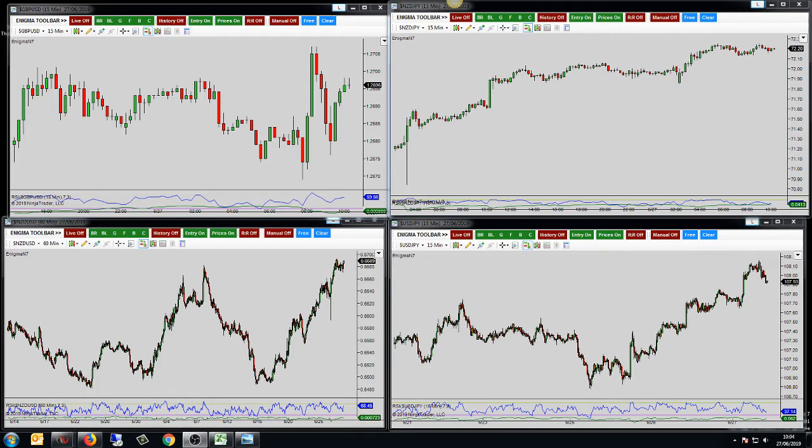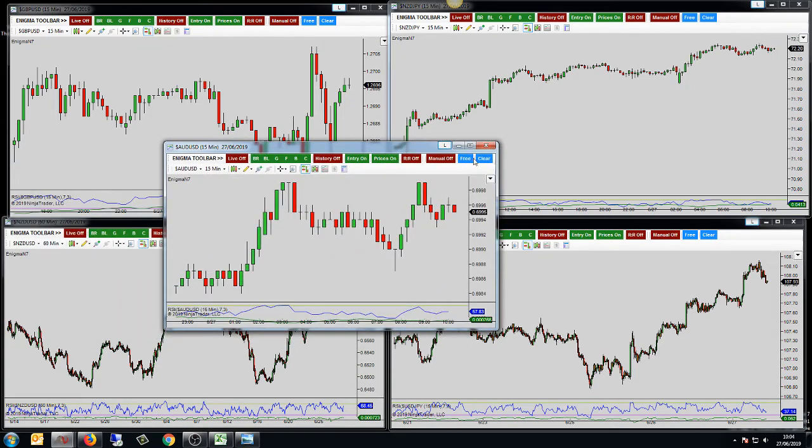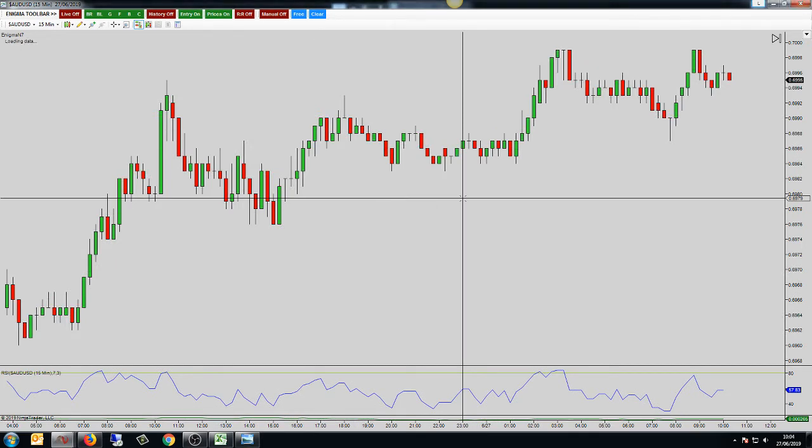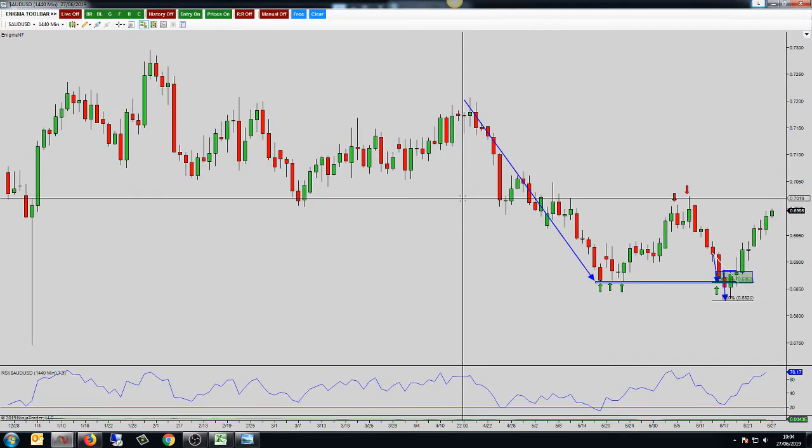So if we don't have any questions, I'll start off on the Aussie dollar. So I had no tech issues this morning, by the way, guys. I managed to fix Ninja Trader. We had an issue last time with Ninja not working properly on my computer, but that is now all fixed. So on the Aussie dollar, we had a channel that I've been looking at coming into